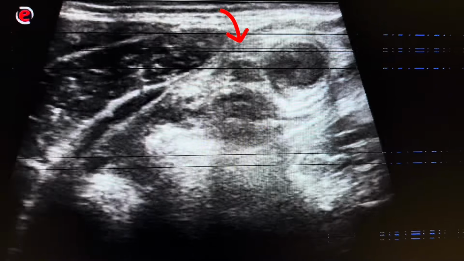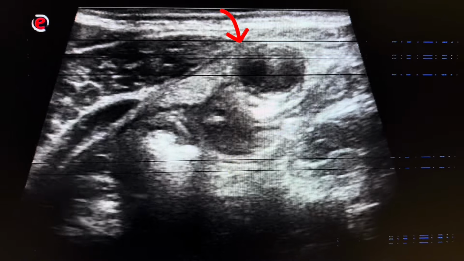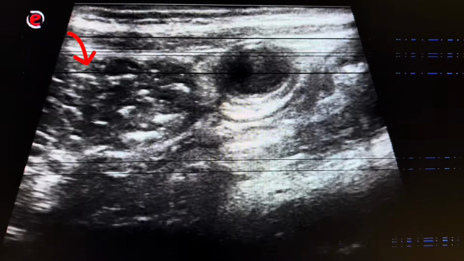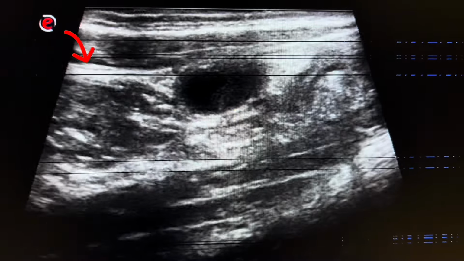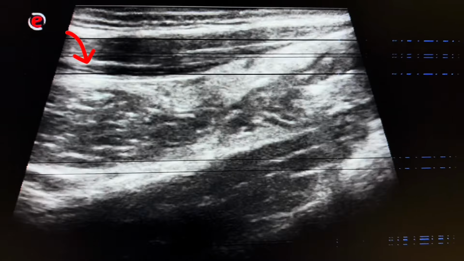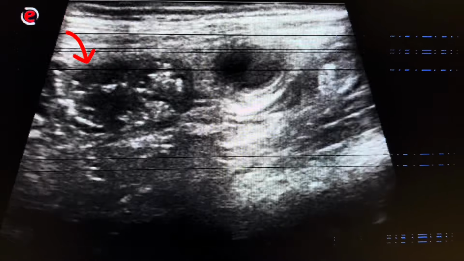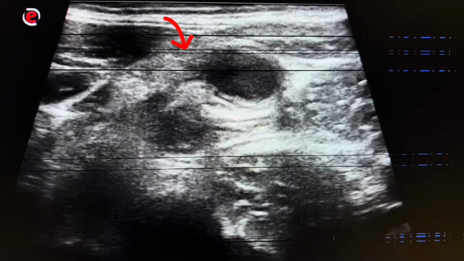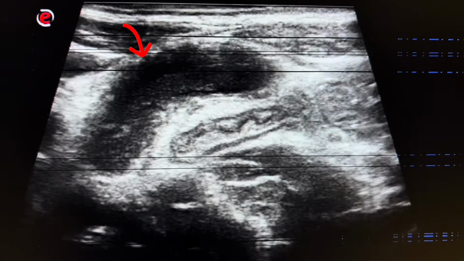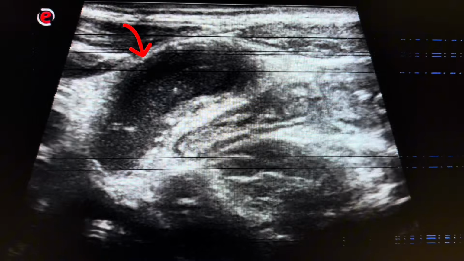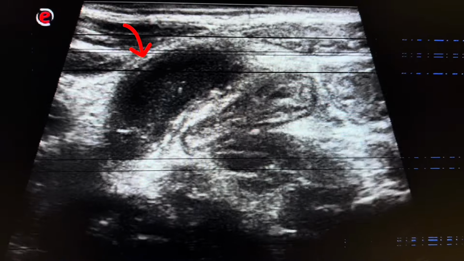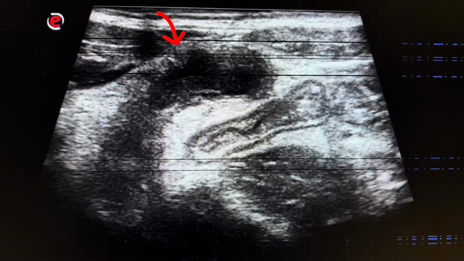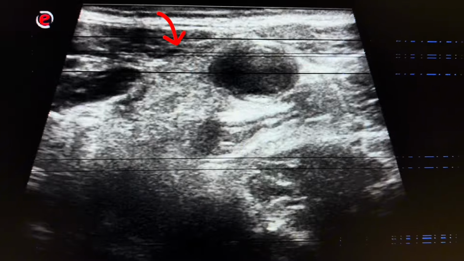Now we continue scanning this area. These are muscles at the right lateral side. Now, rotating the probe on its axis, it becomes a lumen which contains fluid and debris. This is the appendix, which is inflamed,